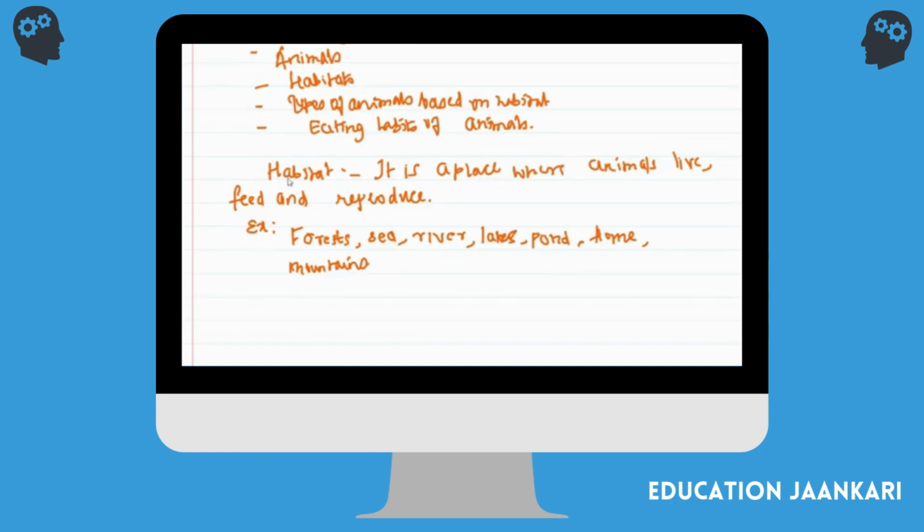So you tell me now, what does habitat give for animals? It will give food. Habitats will provide food, water, and shelter. Because animals need food, right, to survive. Water and shelter. So these are the three things which the habitat provides. So now Ishan knows why habitat is important.